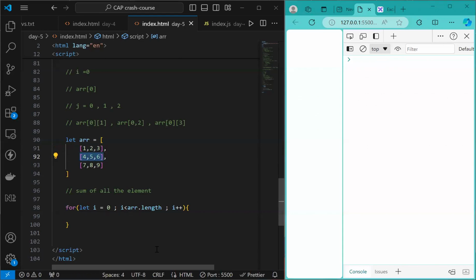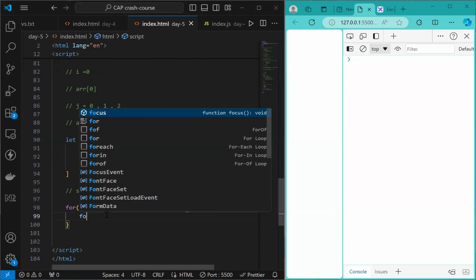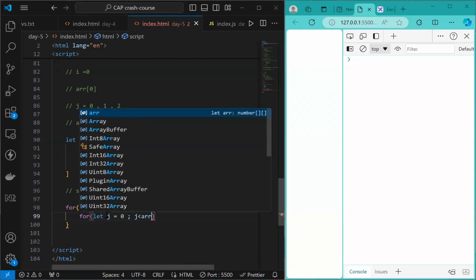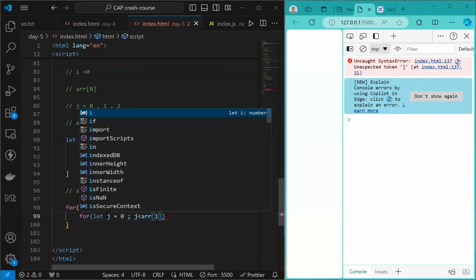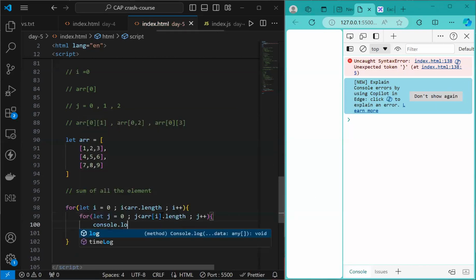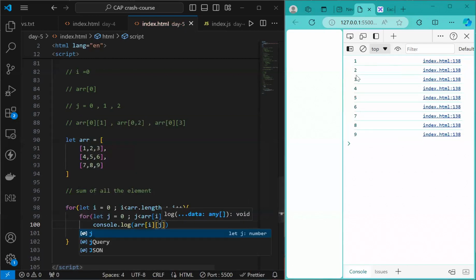Right. What's the next step to get the columns? How do we do that? हम लिखते हैं अंदर let j equals to 0. j is less than array i dot length. Right. We are picking individual elements. Right. Individual array और उसका length कर रहे हैं. तो array i dot length and I'll do j plus plus. Take in here, if I again do console.log array i and uska j, so I'll be getting each and every